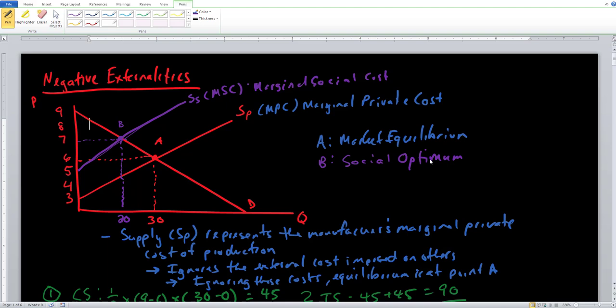So how much welfare and efficiency are we generating? Well, we can go ahead and find the total surplus. So this big triangle right here, we have consumer surplus, producer surplus. We can just combine the two of them together. We have a triangle right here. So the area of the triangle is 9 minus 5, and it's going to be 20 minus 0 for the base and height.